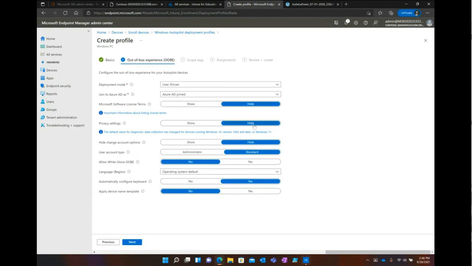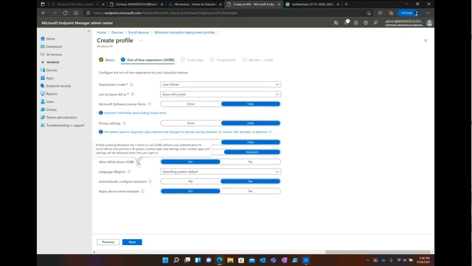So most of us want to hide a lot of the stuff that nobody really cares about. You can pick whether they're going to be administrator or not administrator. I really, really, really tell everybody, please don't make anybody administrators other than IT people. And even then, you can still do a run-as account if you absolutely have to, but try not to make too many people administrators.